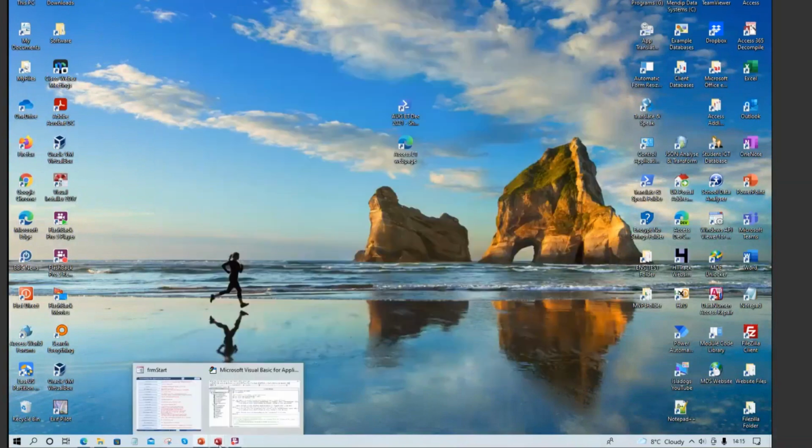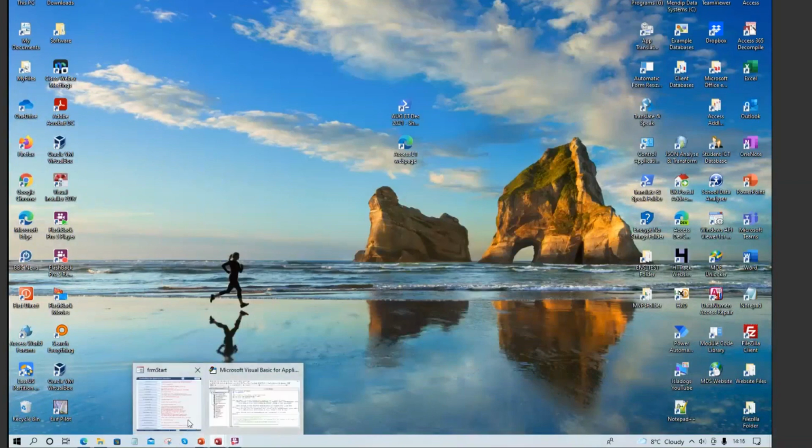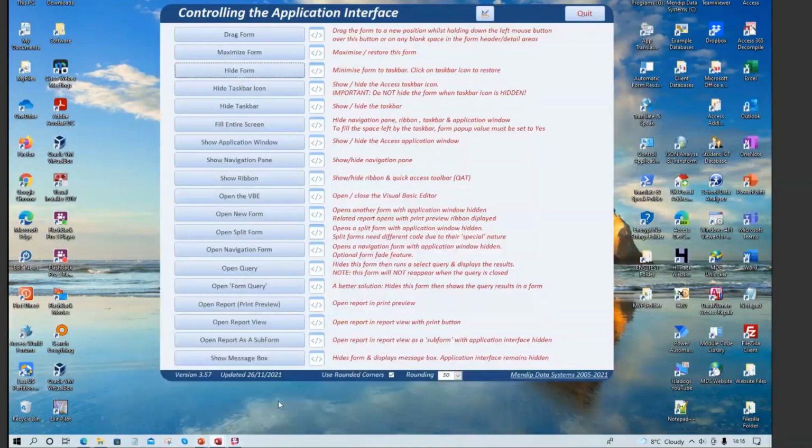Now, the code I used to use for this, there was a problem. The problem was that when I actually clicked on that, it would bring the interface back. That's been solved. So therefore I can click on this to minimize the form to the taskbar. I can bring it back again. Somebody a few years ago at one of the forums said that they actually wanted to use this, but they wanted to hide the taskbar icon. I thought that was a bad idea, but it can be done as well.